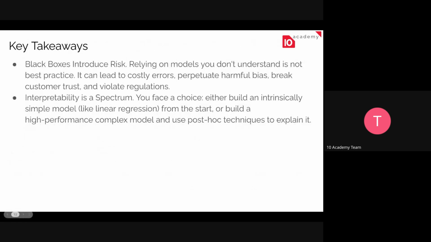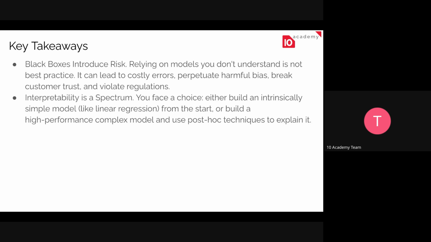Yeah. So finally, let's take a look at some key takeaways. Black boxes introduce risk because you are relying on models you don't understand how they operate. It's not best practice to do so. So it can lead to costly errors, like perpetuating harmful bias, breaking customer trust, and violating regulations. So by using interpretability